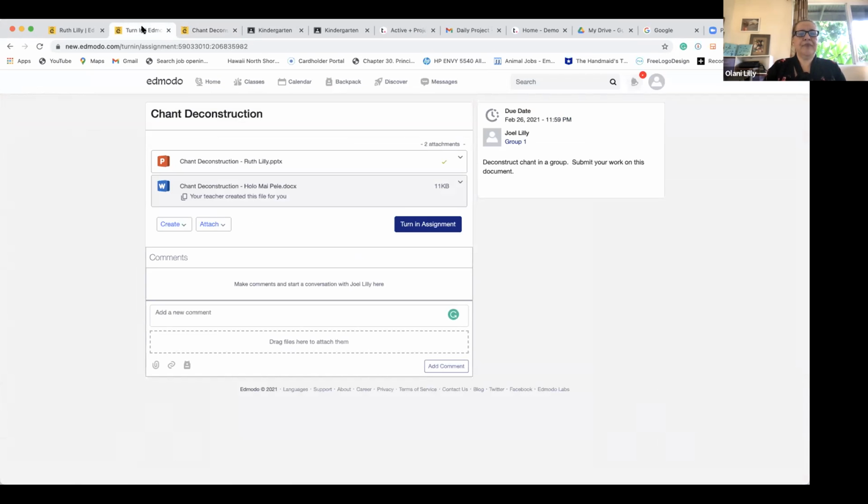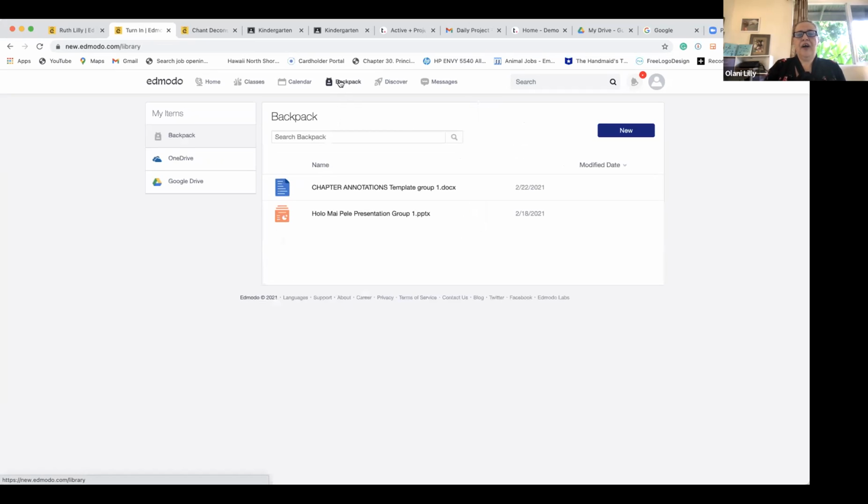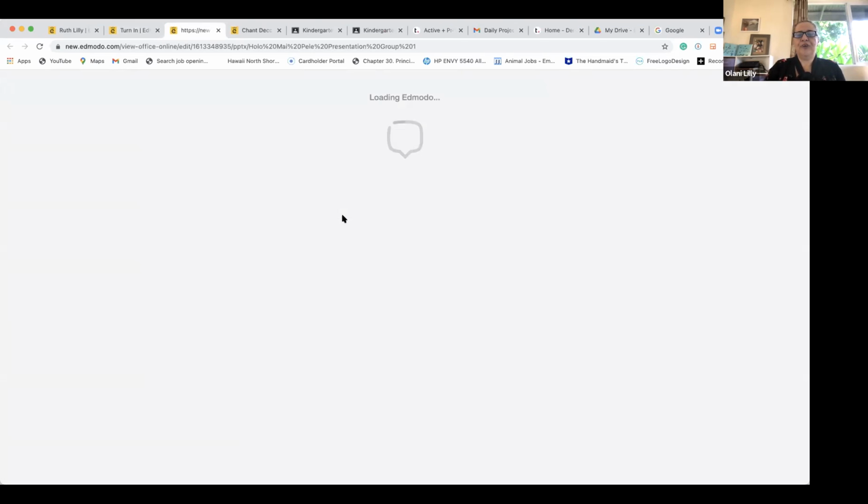Okay. Let's go back. I can also go ahead and attach documents that maybe we've completed from my computer, from a web link, or from my backpack. And here on the student side is where a lot of the documents can be housed as well. Okay, it's in your backpack. So I can click here. I want to work on this document,